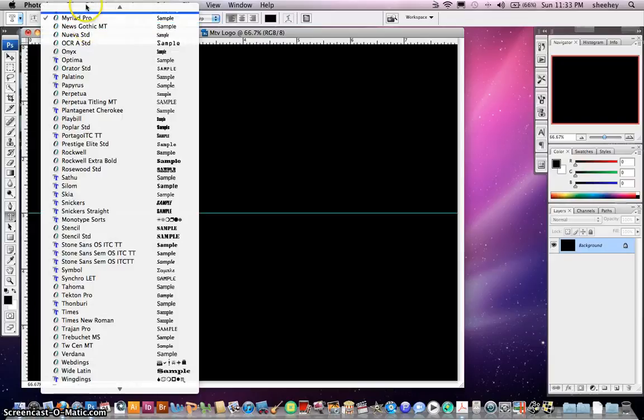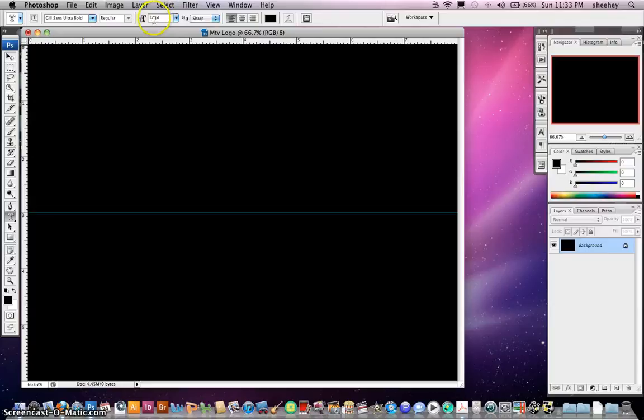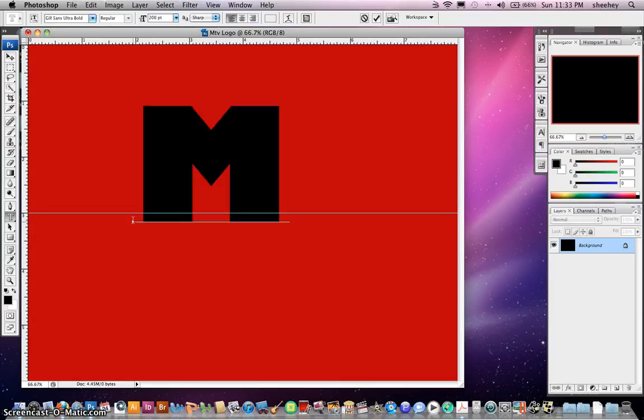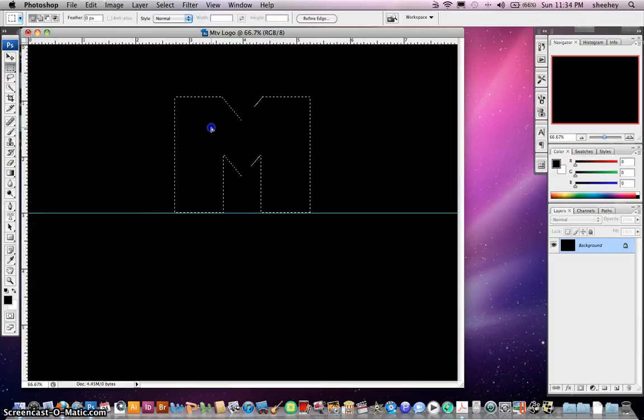set the font to Gill Sans Ultra Bold, set the size to 200. I'm going to click somewhere in the middle of the screen here. Let's do a capital M, and we're going to move it with the rectangular marquee tool, which is right here. Grab the M, put it right on the line,